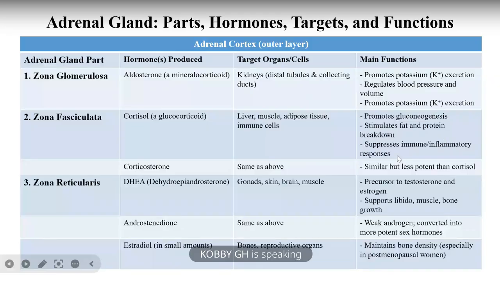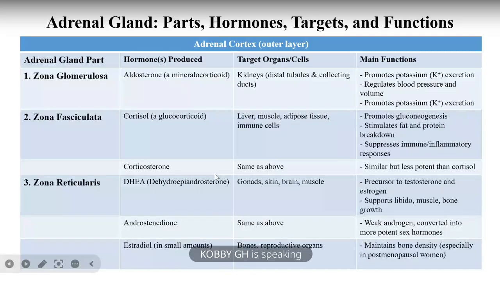Okay. Then we have the zona reticularis. That's the sex hormones. So the sex hormones, we have the dihydroepiandrosterone, we have the androstenedione, we have the estradiol. Is that okay? And these hormones, so for example, the dihydroepiandrosterone, it targets the gonads, the skin, the brain, the maxilla. In fact, these are all together. We call them the sex hormones. Okay. The androstenedione is the same as the